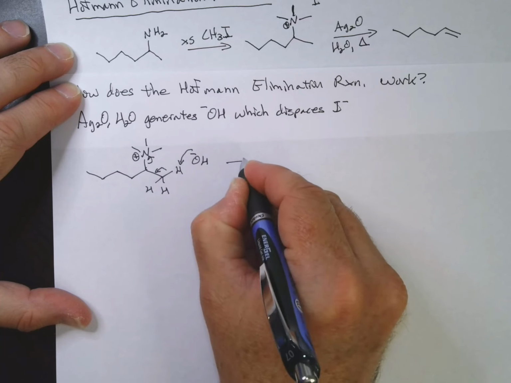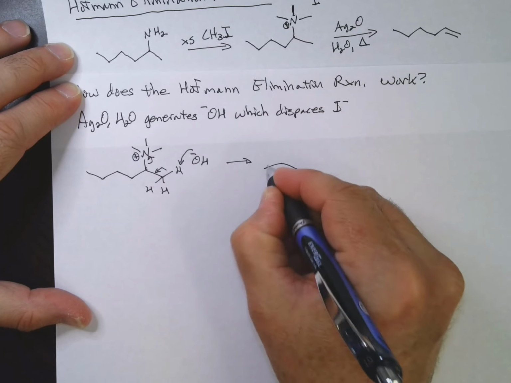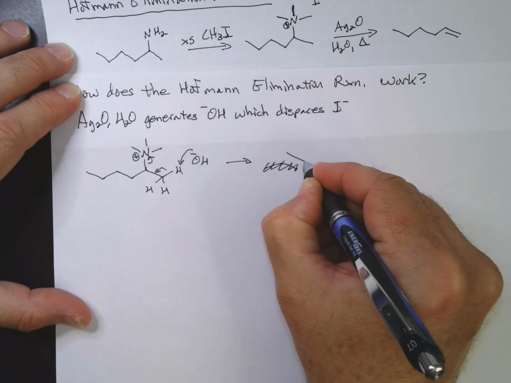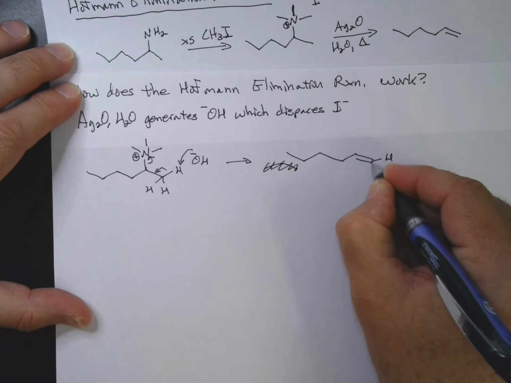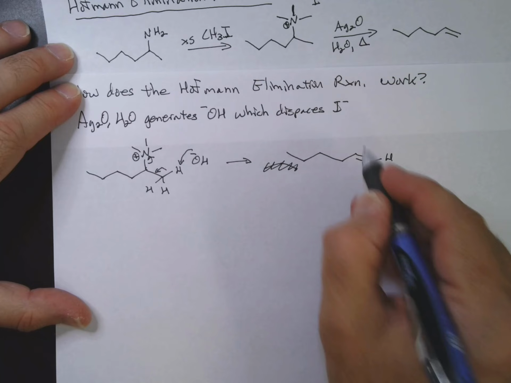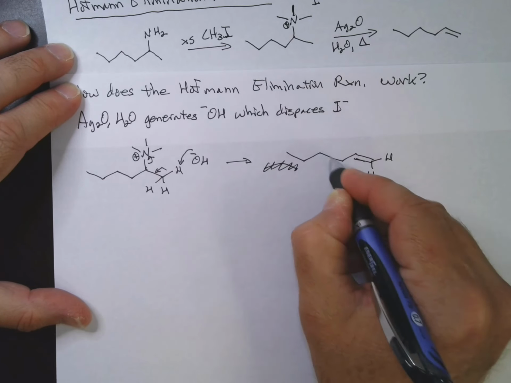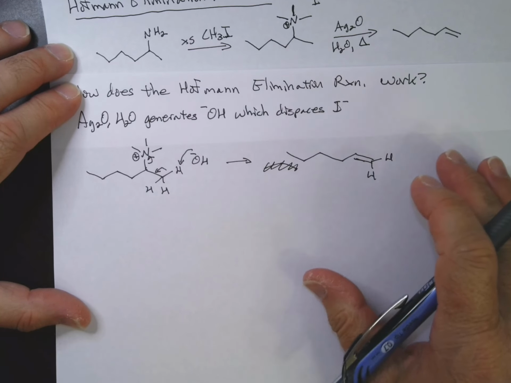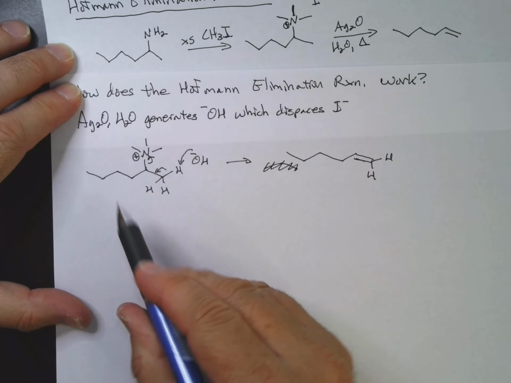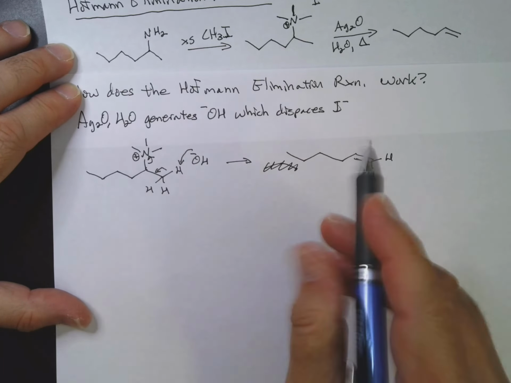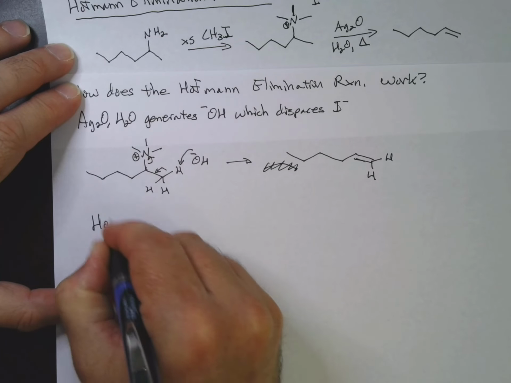and, oops, sorry about that. I will get my 1, 2, 3, 4, 5, 6, yeah, my 1-hexene here. Now the question is, why do we get that and not the Zaitsev? Well, in this case, the Hofmann product is favored